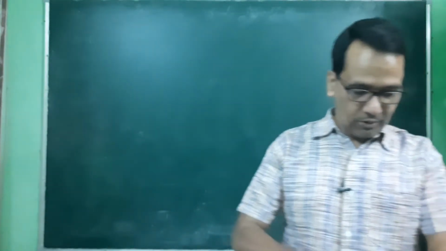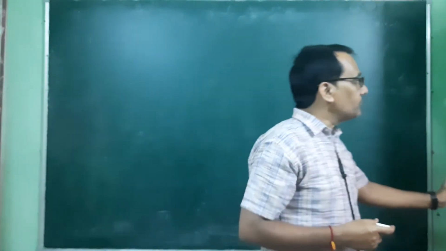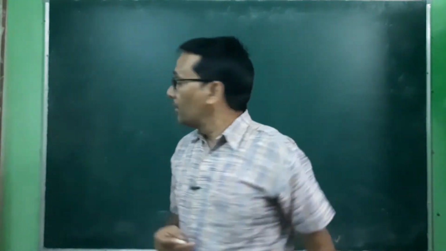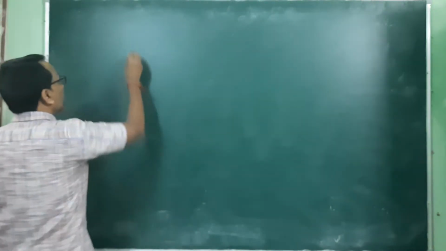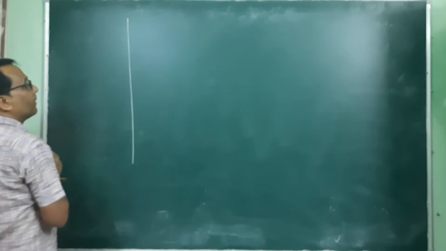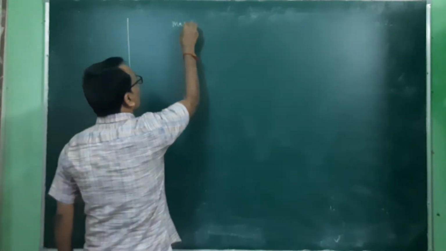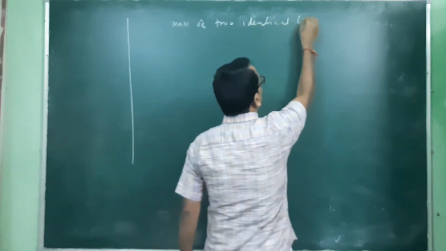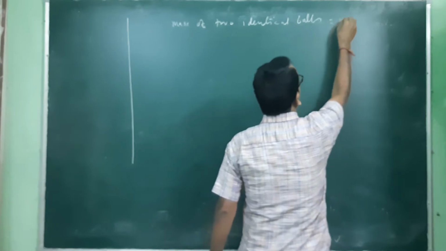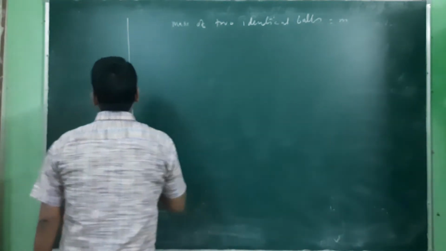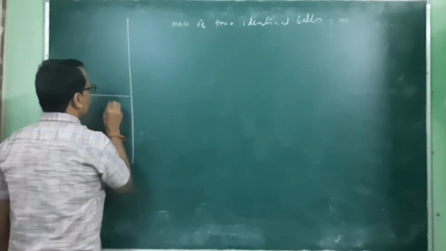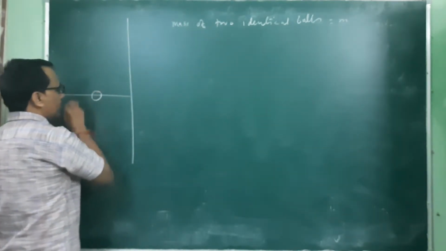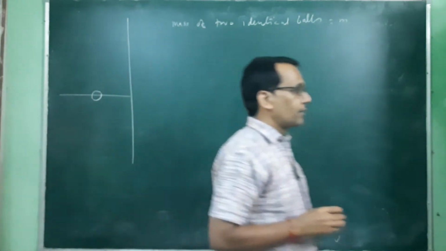So before starting a new topic in today's lecture, we should discuss one example, 5.5 from your NCERT 11th. In that example, we have two identical balls of mass M, and one ball is striking a rigid surface normal to that surface, and the